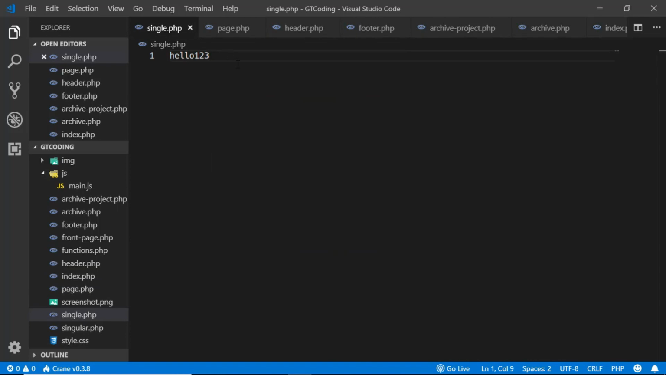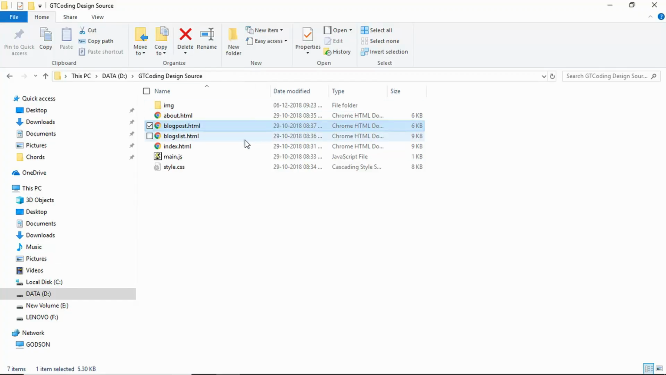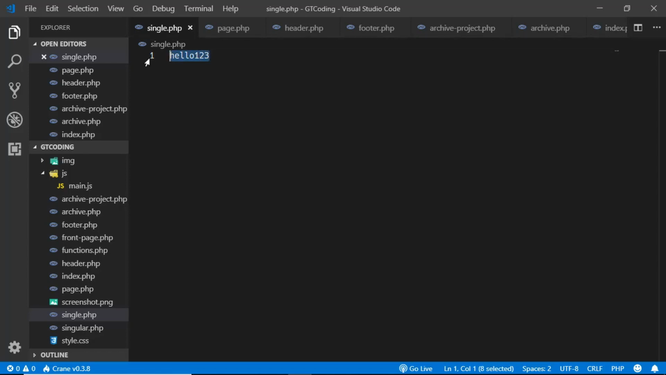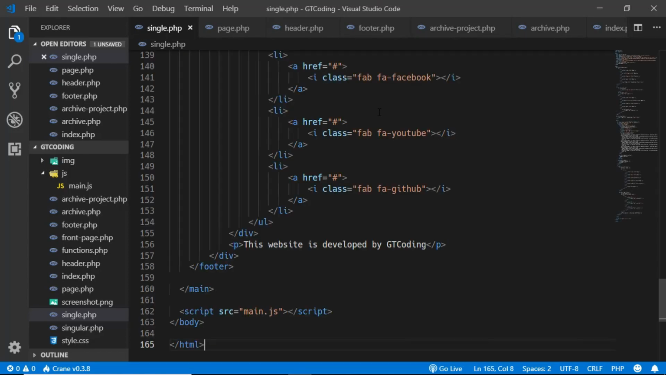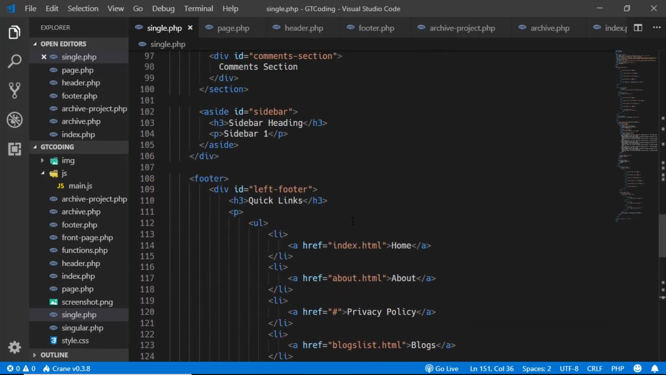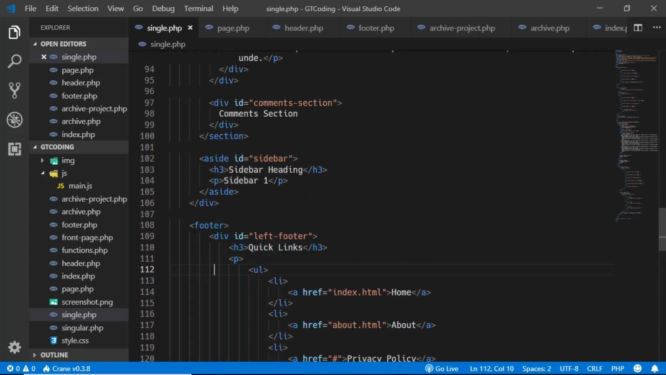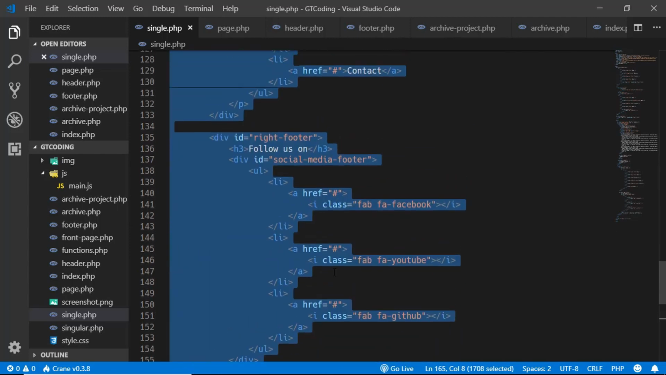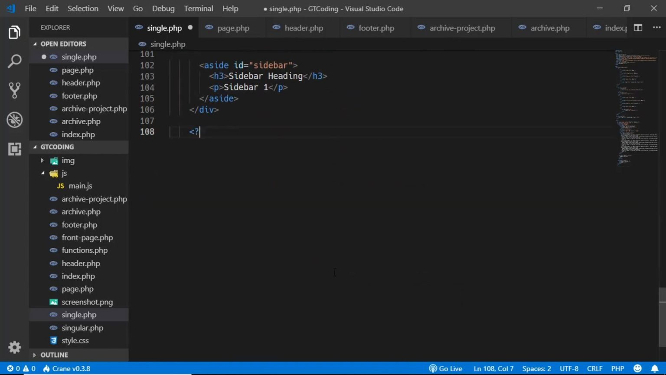So we'll go to the design source code and we'll copy this blog post.html code from here. So I'll just open it with Sublime Text and we'll just copy everything from here and paste it in the single.php file. And we'll just remove the footer and add our PHP code. So I'll select everything from here and we'll delete it, and we'll just write get footer,